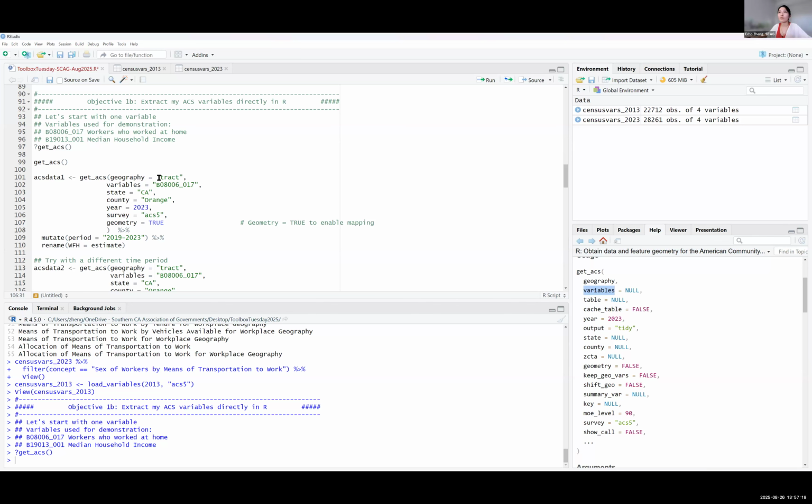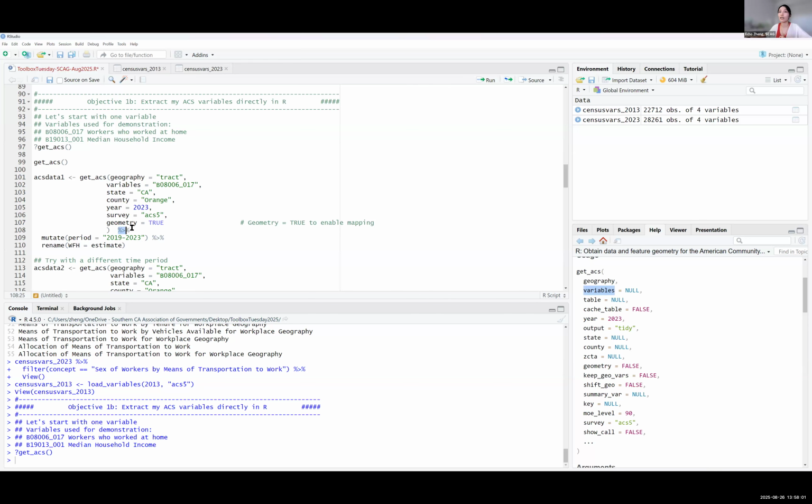So a reminder here is that we will be looking at tract level variables, which are only available in the 5-year estimates. If you do ACS 1 here, it's not going to give you anything. And the last argument I put here, I put geometry as true. This is actually really handy, and you will see it in a minute. It's something we tell R to also extract the geometry for the data so we can do some mapping later. So all this is for getACS.